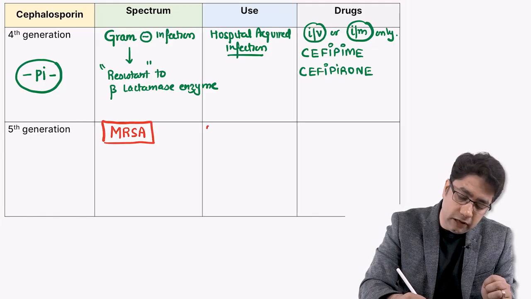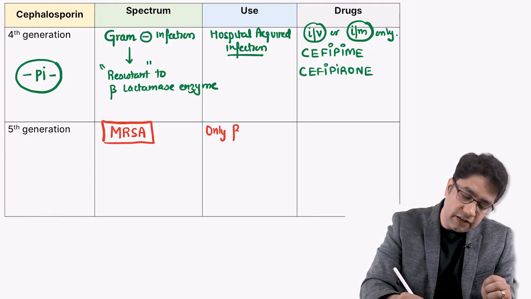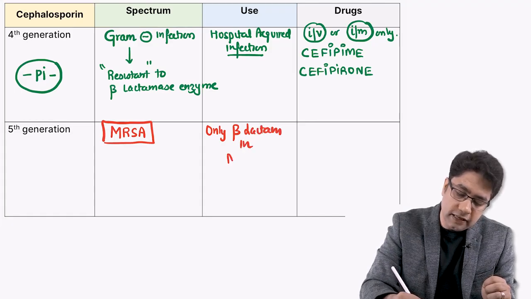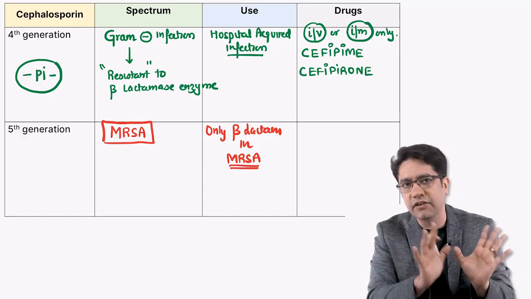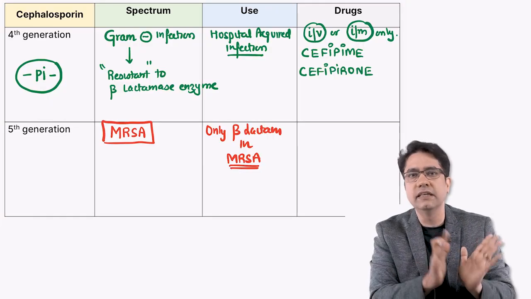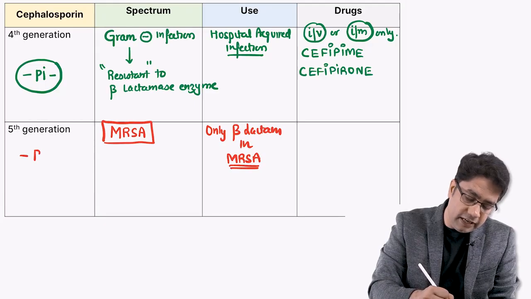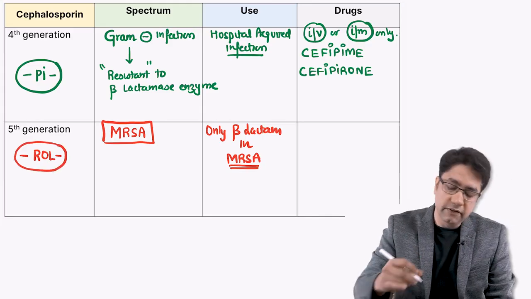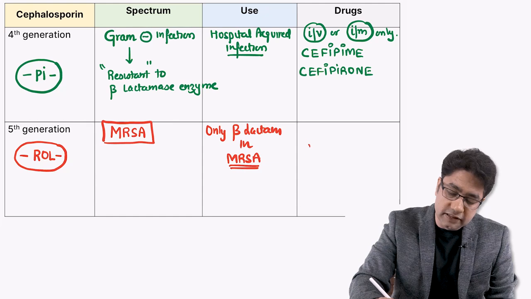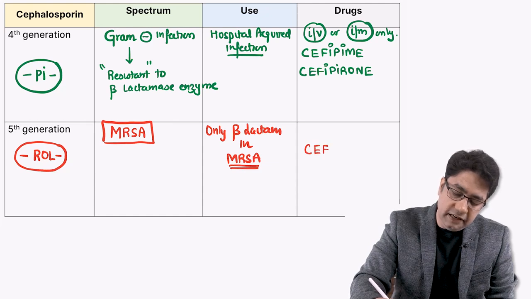So it is the only beta lactam which is effective against MRSA. No other beta lactam, penicillin, cephalosporin, carbapenem, no other drug is effective in beta lactam group against MRSA. So how to identify fifth generation? Very easy. Identify the word rol. Rol word will come, and these cephalosporins are ceftaroline